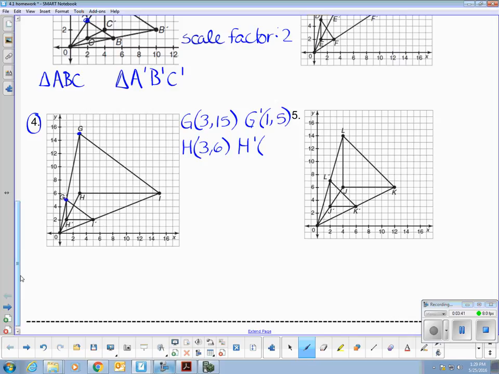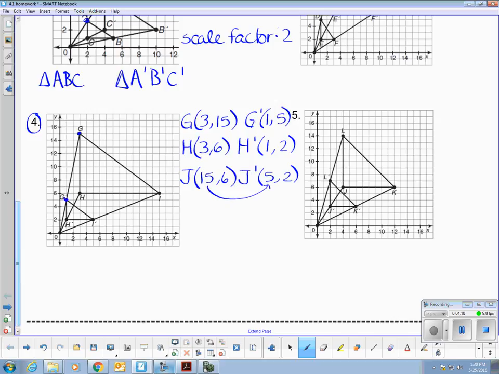H prime, 1, 2. Point J, 15, 6. J prime, 5, 2. So what I noticed, each x value